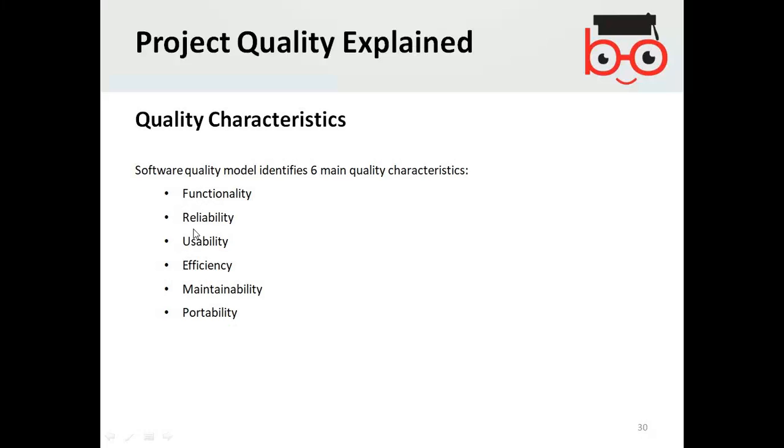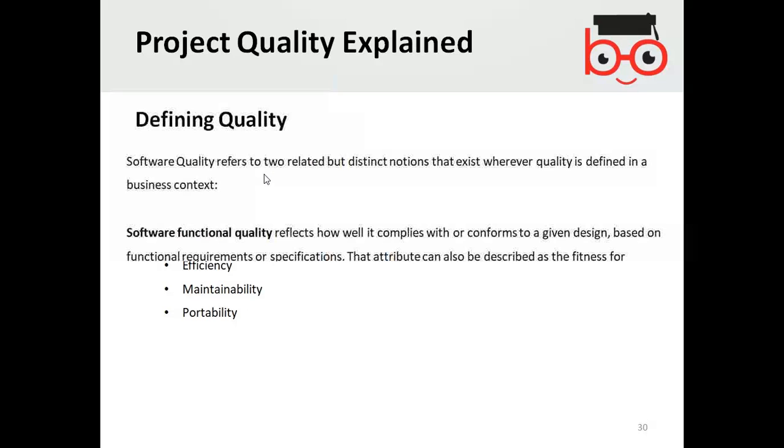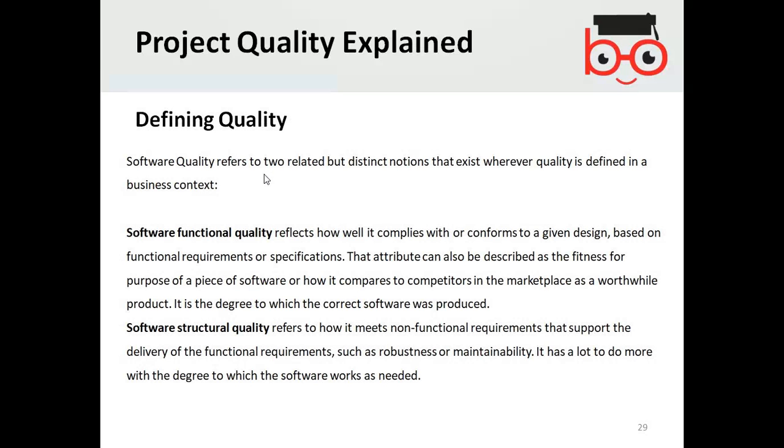Quality characteristics can be functionality, reliability, usability, efficiency, maintainability, portability. So they are basically the non-functional characteristics. When you talk about quality, you talk about the non-functional characteristics that define the quality. However, if you talk about the functional aspects, you are dealing with the performance and the functions related with the design and the code of the particular components.